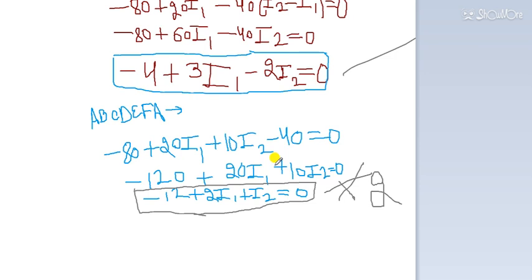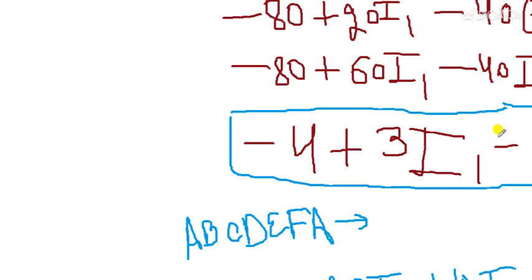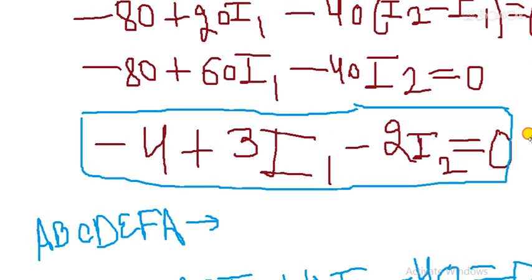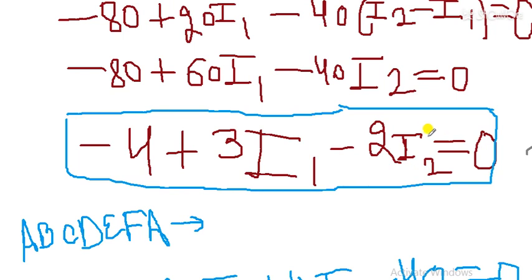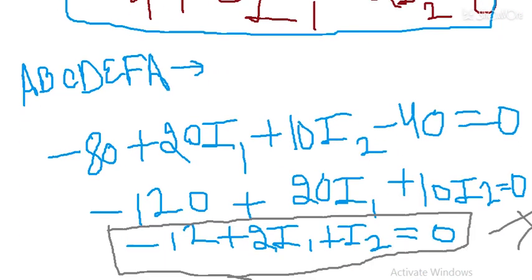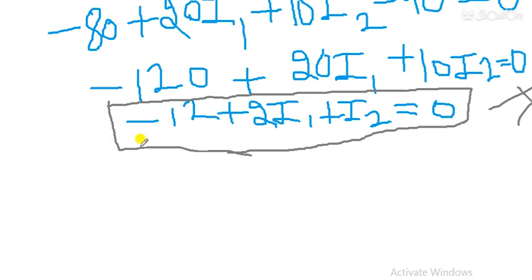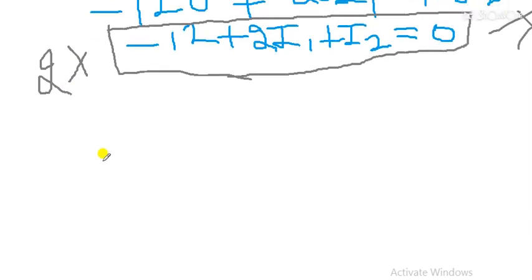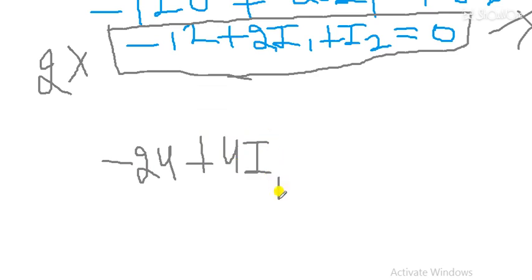Okay, so now I am solving it. Let me zoom. Students, I have two equations, moving again to the screen. I am writing this equation near this. So what I have to do is multiply this equation with 2, then I will get minus 24 here, minus 24 plus 4I1, and 4 plus 2I2.